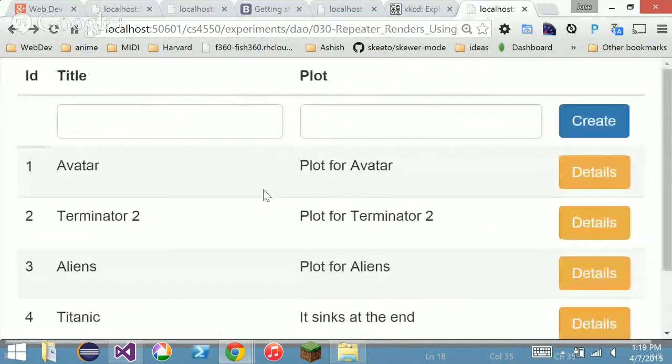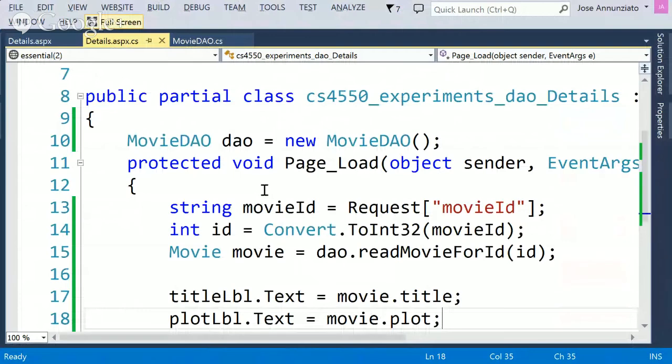So the DAO. Basically, we have 3 operations, right? We have 4. Wait, we have create, read one, read all. What else? That's it, right? Finally, the last 2 we need are update and delete. Well, let's start off with delete. Okay. So what we want to be able to do maybe is